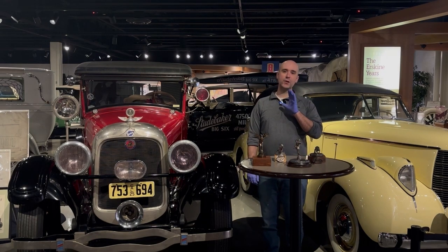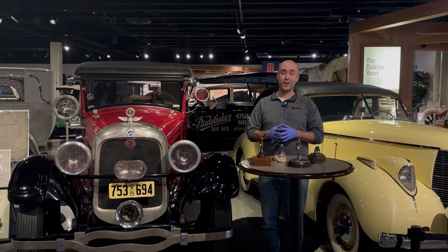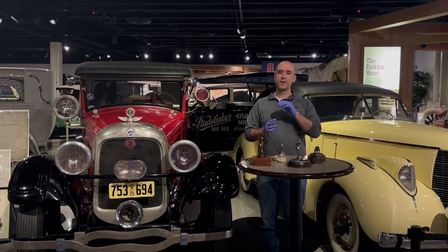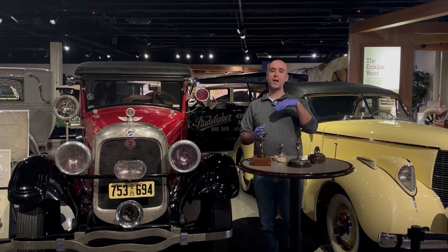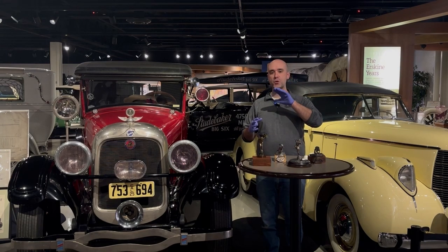Now, we've all seen hood ornaments before. If you're of a certain age, you probably drove a car with a hood ornament at some point. And a few automakers still offer them. Now, the history of hood ornaments and radiator mascots, also called bonnet mascots, actually goes back to the early era